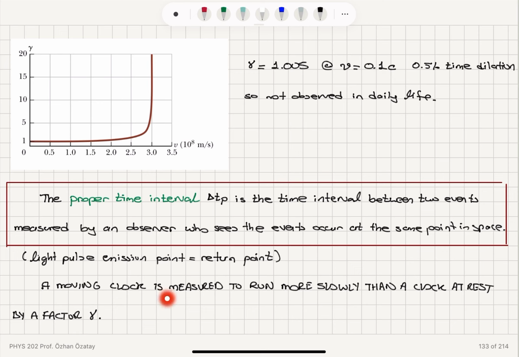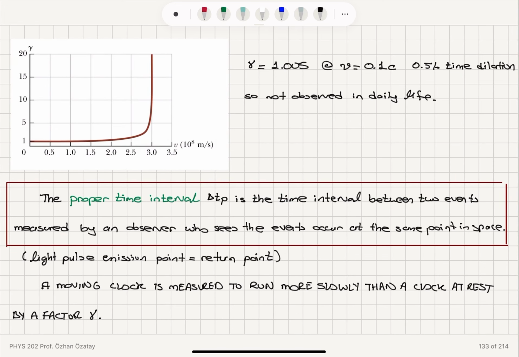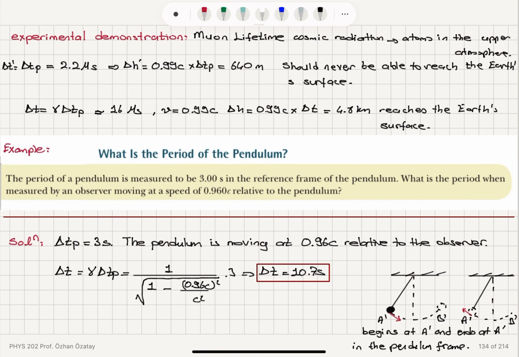The moving clock, that is the clock that is attached to the proper time interval, is measured to run more slowly than a clock at rest by a factor of gamma, the time dilation effect. But this gamma factor, which is 1 over square root of 1 minus v squared over c squared, is greater than 1, and its deviation from 1 is significant only for speeds that are close to the speed of light. So therefore, we don't observe these effects in our everyday life. And we have one example, basically